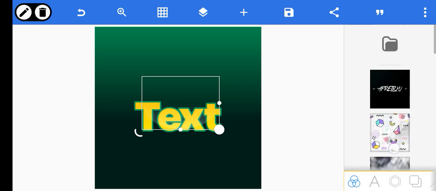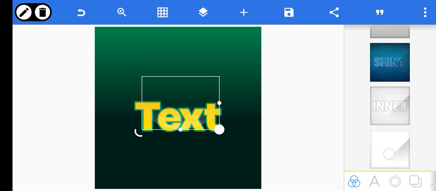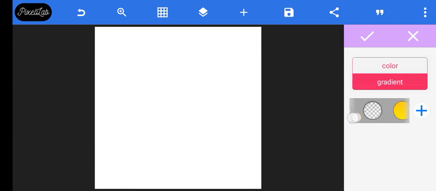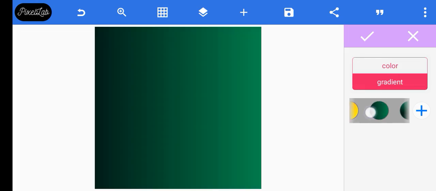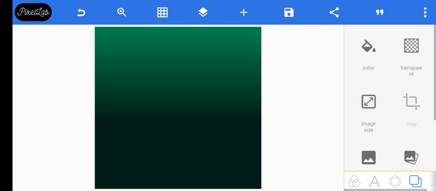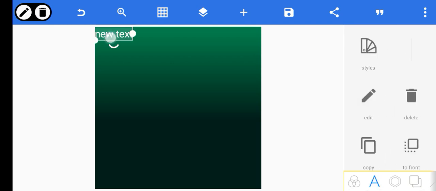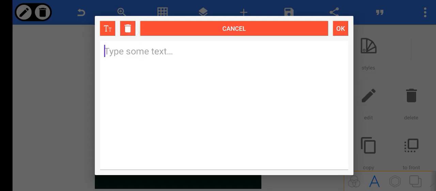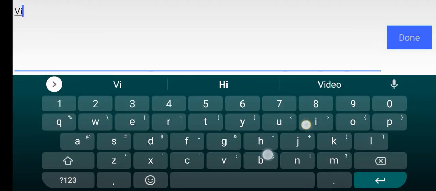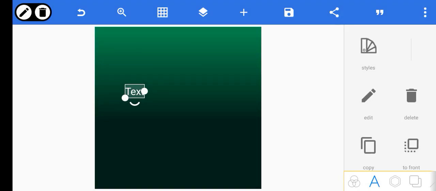Okay, so let me just start all over, right? So that we get to see it from scratch. Let me just change the background to anyone that I have here. Okay, I think I have this, or let me just use this, right? So the next is just get the text. You can decide to name it anything that you want. So let me just put text, right? Since that's what we're working with,